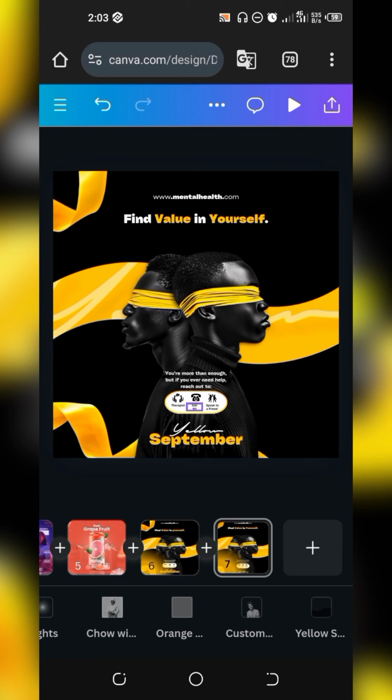Exactly. So guys, this was how this design was actually made. This one actually took time today, but we actually delivered value. So do well to replicate this. As I always say, replicate it. You can even replicate it and use it to spread awareness.